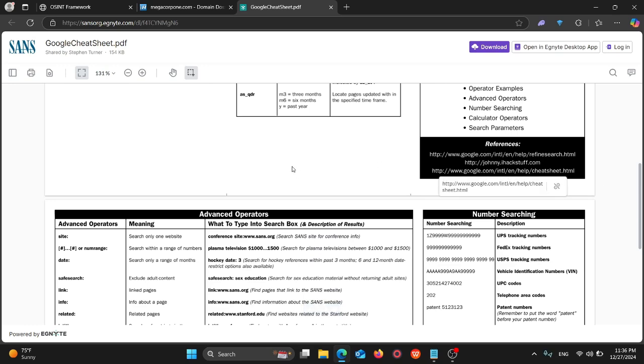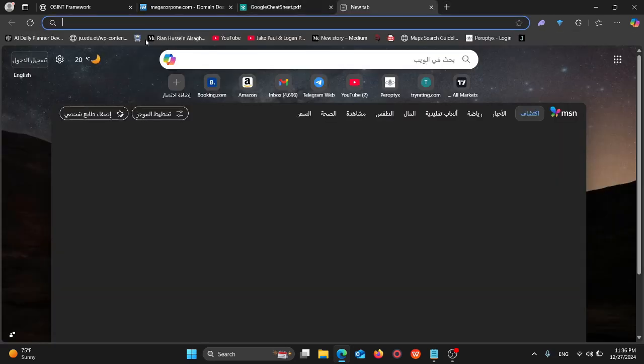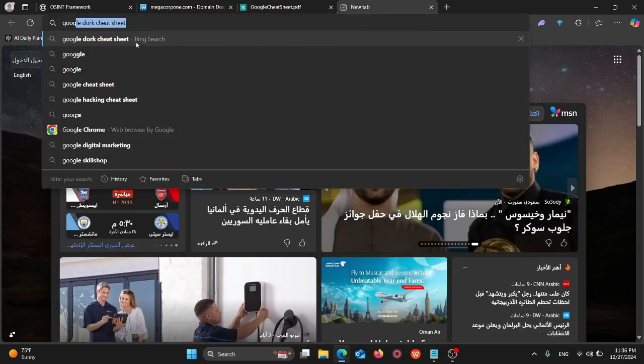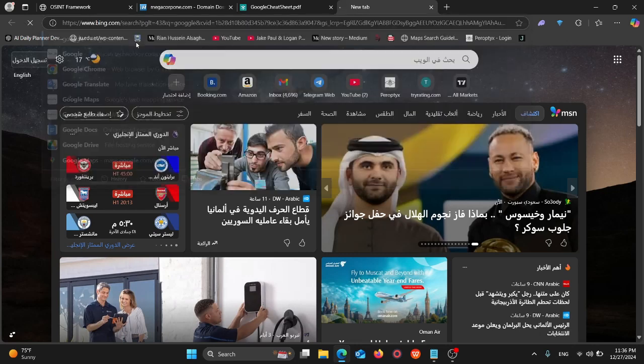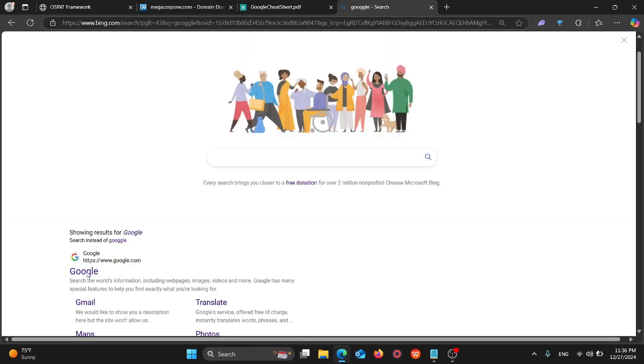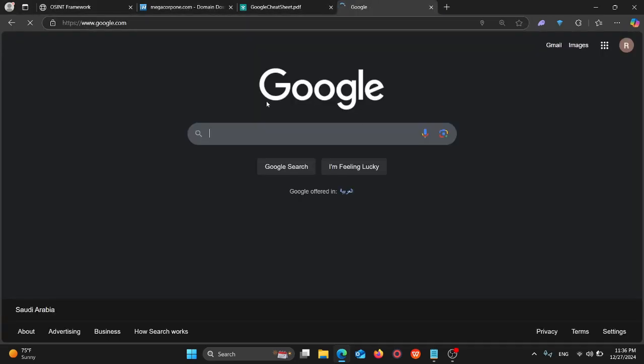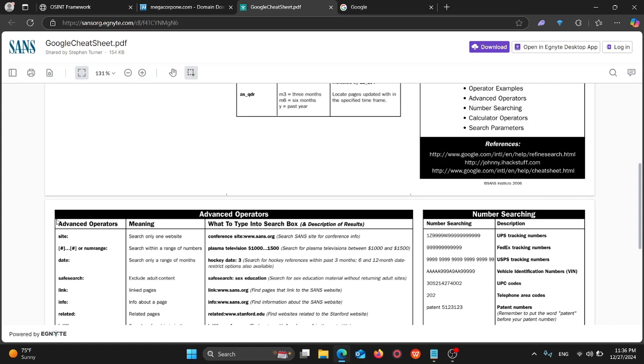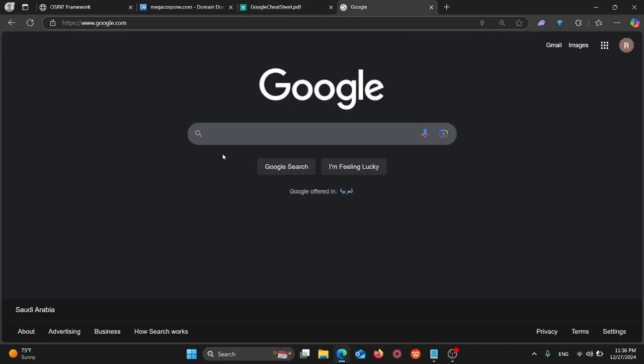I'll leave this cheat sheet for you, so you can download it and play with it. So we'll go to Google, and then, for example, utilize this operator, site. It searches only one site. Let's say, for example,